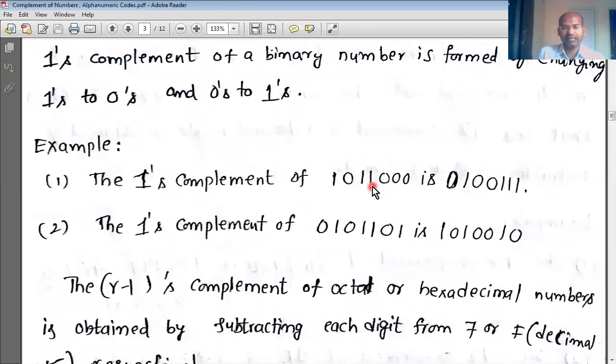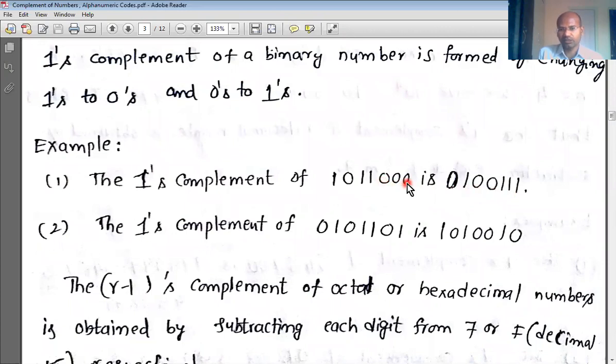So the idea is, instead of subtracting this number from that large number of 1s, you can directly use this method. If you see 0, write down its complement. What is 0's complement? 1. For 0, write down 1. If you see 1, you have to write 0. That's how we get the 1's complement immediately without going around. You can directly arrive at the answer straight away.